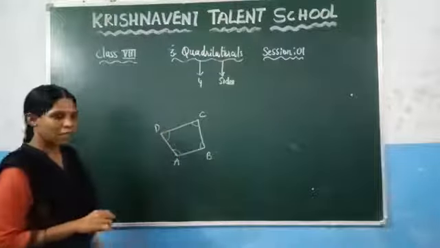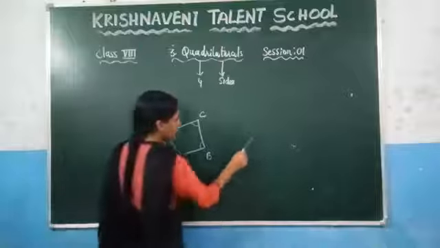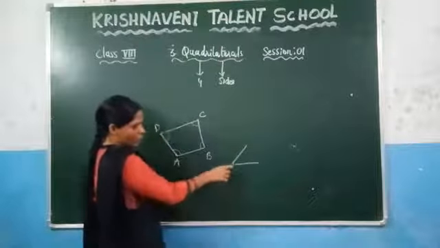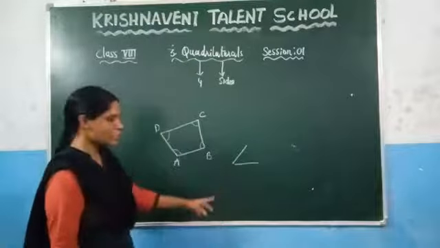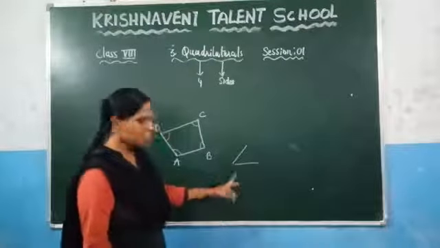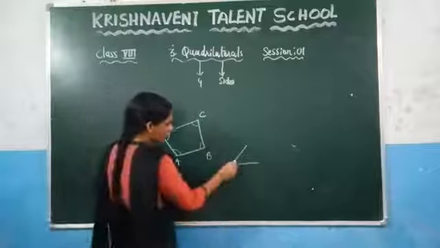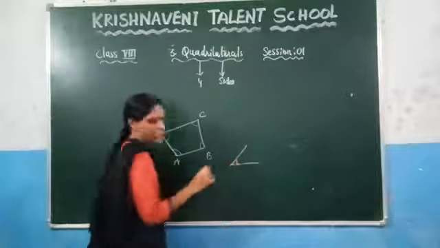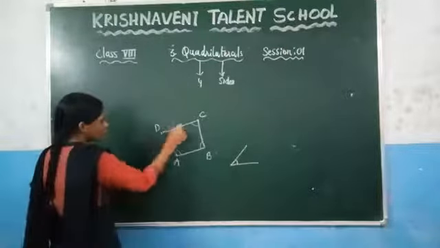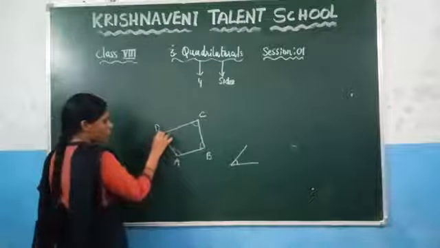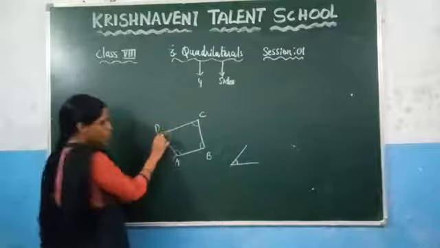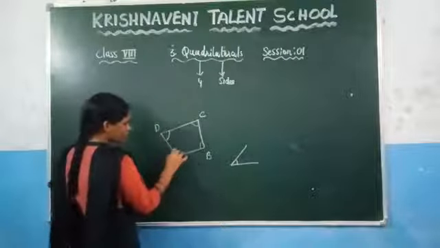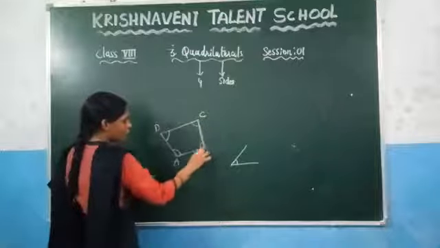What is meant by the angle? That means if you take any two rays, if these two rays join at one point, one angle is formed. Here you can observe that this is not an angle because these two are not joined. If these two lines join at one point, here one angle will be formed. Similarly here, these two lines are joined at this common point. We call this common point a vertex. So here one angle will be there. Here also these two lines are joined, so an angle will be formed. And similarly here the remaining.